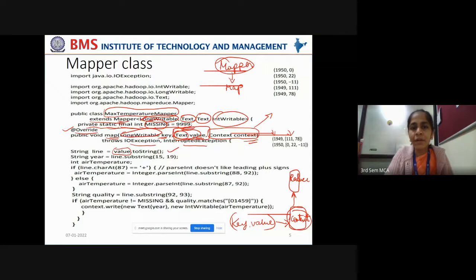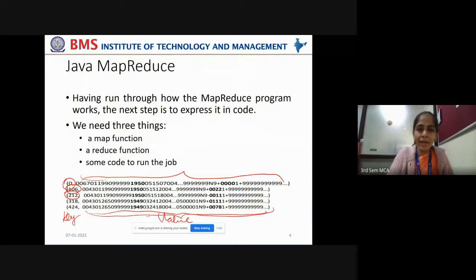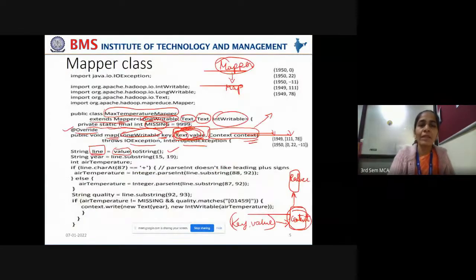This toString method will convert the value into a string object. So you are creating your local string object line, converting this entire text value into a string and storing it in line. Now this entire input split is stored in the line string object, so that you can perform all string operations on this line variable. Right? So your line is now ready to perform any string operations on it.